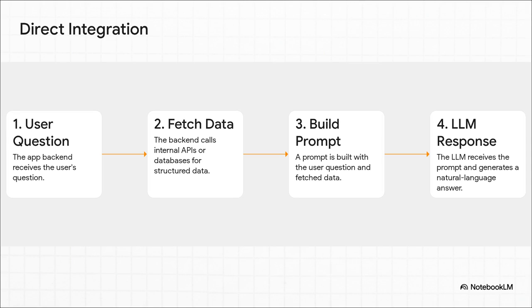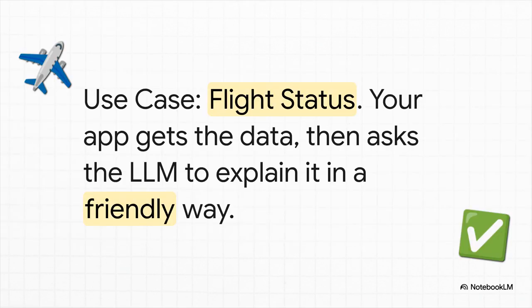The user asks a question, your app goes and fetches the exact data it needs, then it bundles all of that up into a prompt for the LLM. The AI's job here is very, very specific. Just turn this data into a helpful, human-friendly sentence. That's it. So for that flight status example, your app would call the airline's API. It gets back all this raw, kind of messy data. Computer code that might look like status, delayed, gate B52, new departure 2030. It then hands that to the LLM and just says, hey, turn this into a helpful response. It's straightforward, it's really reliable, and it's pretty cost-effective.